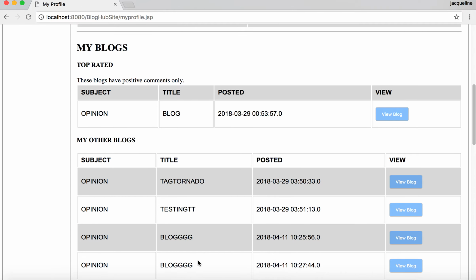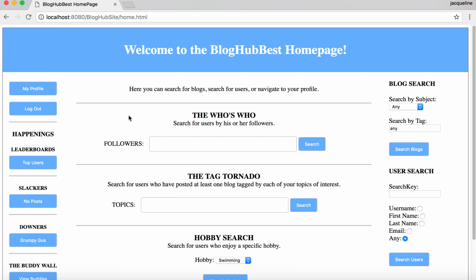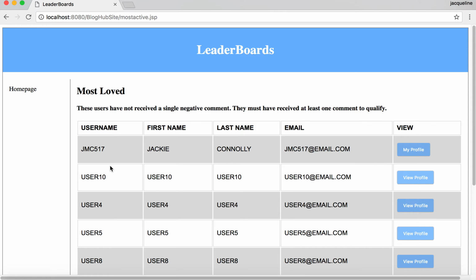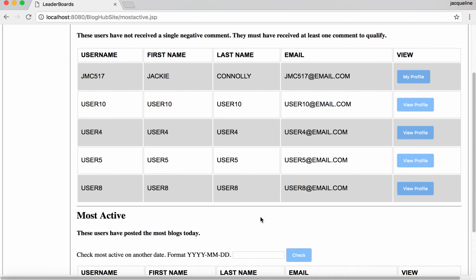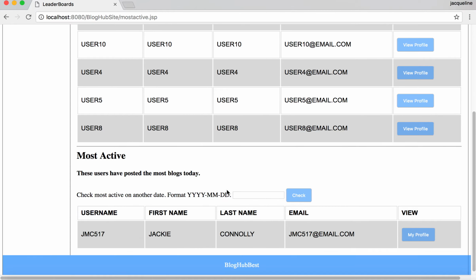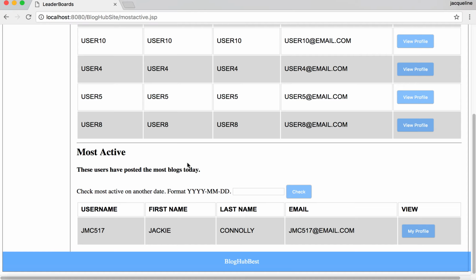If we go back to the home page, then the next one is to list users who have posted the most blogs on a specific date. For this, I added it to the leaderboards. The other requirement that is shown here is users who have never received a single negative comment. They also have to have at least one positive comment to make the board. And then underneath is the default, the users who have posted the most blogs for today, the current day, but then there's also a filter here, so if you want to look for who posted the most or who is the most active on a specific date,